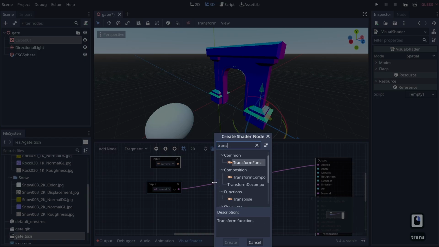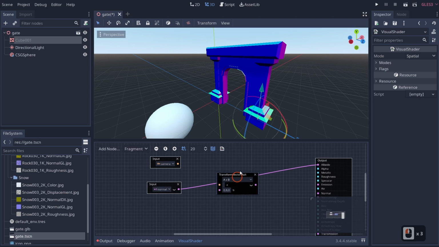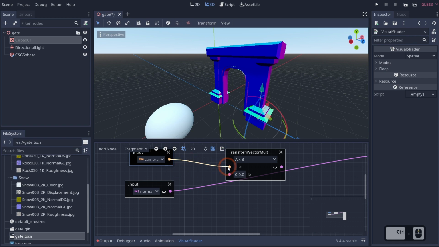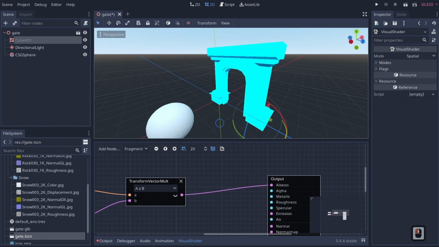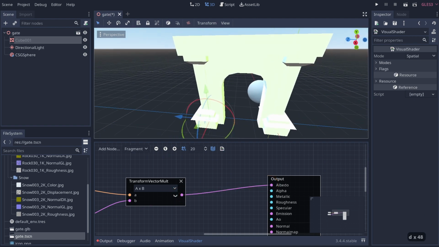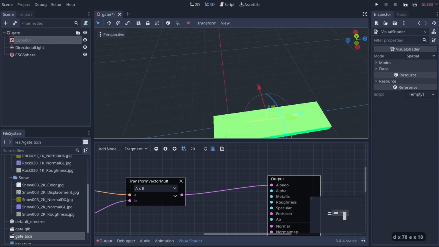So we'll type transform vector multiplication right here. So we'll double click that. And we'll attach this guy to this guy. And this will link our code right here. So you'll see we'll do that. And then we'll drag this guy in. And you will see that now we have a thing that changes color depending on where we are in world space,